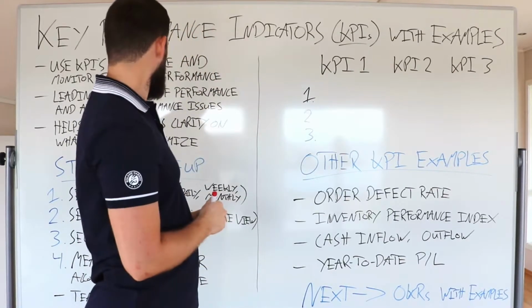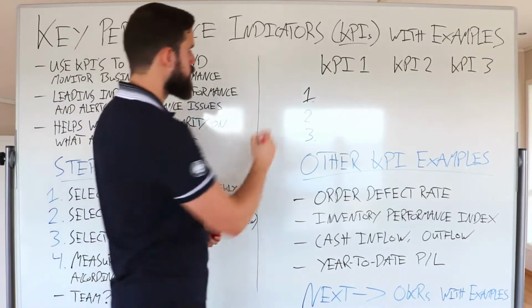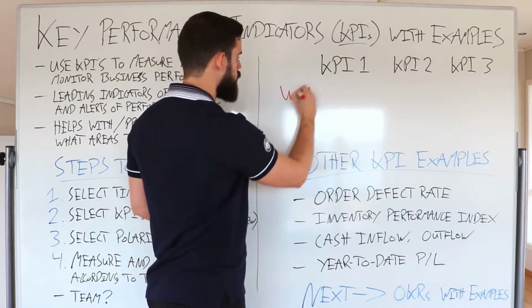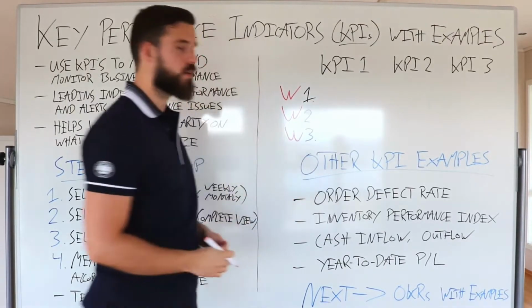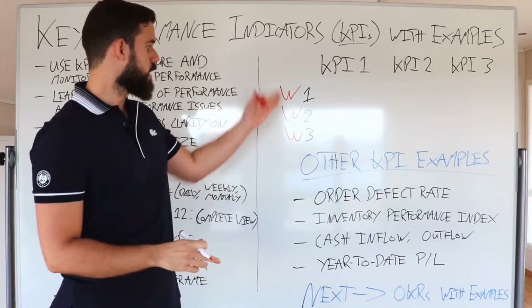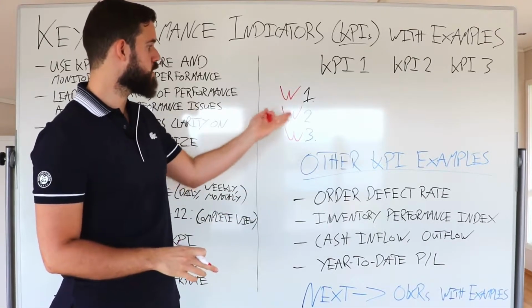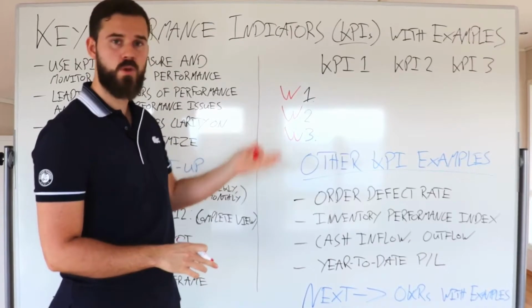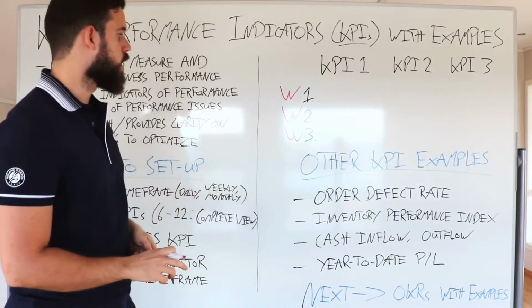So let's say in our example we choose weekly. That's our time frame. So we're just going to select that. So this is like week 1, week 2, and week 3 in the current year that you're in. So that's the first step, is to actually just select the time frame. Is it week 1, week 2, week 3, or month 1, month 2, month 3, or day 1, day 2, day 3, right? So now that we've done that,